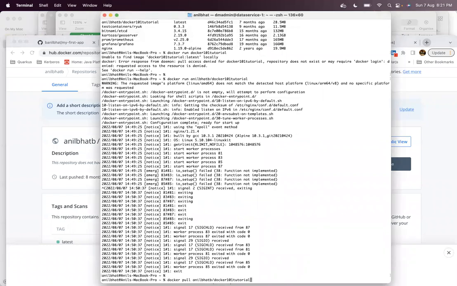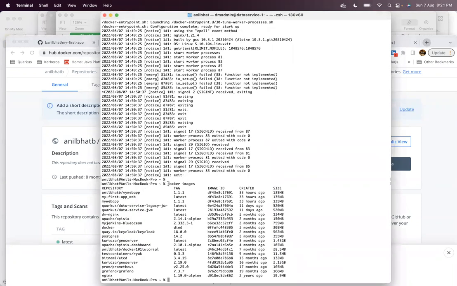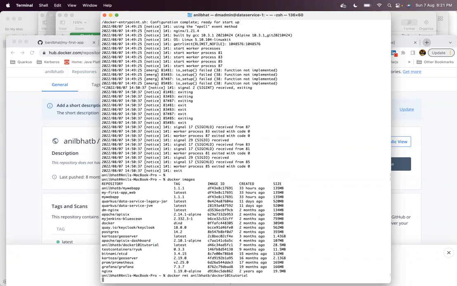Once you pull the images, you can see the images available by running the command docker images. And if you don't want it, you can delete the image by executing the command docker rmi.